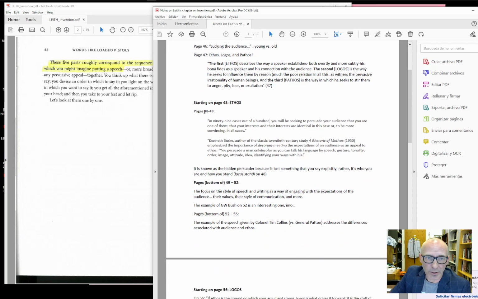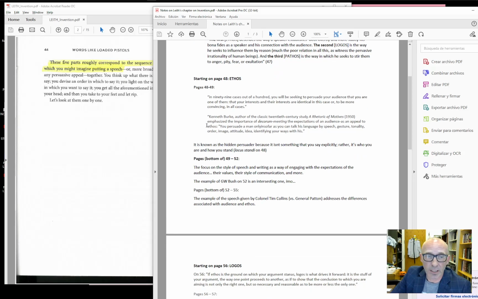Starting on page 48, ethos. In 99 cases out of 100, you will be seeking to persuade your audience that you are one of them, that your interests and their interests are identical in this case, or to be more convincing in all cases. Kenneth Burke, author of the classic 20th century study, A Rhetoric of Motives, emphasized the importance of decorum, meeting the expectations of an audience as an appeal to ethos. You persuade a person only insofar as you can talk their language by speech, gesture, tonality, order, image, attitude, idea, identifying your ways with